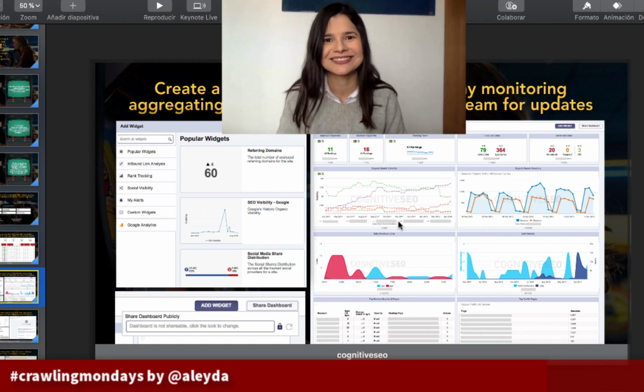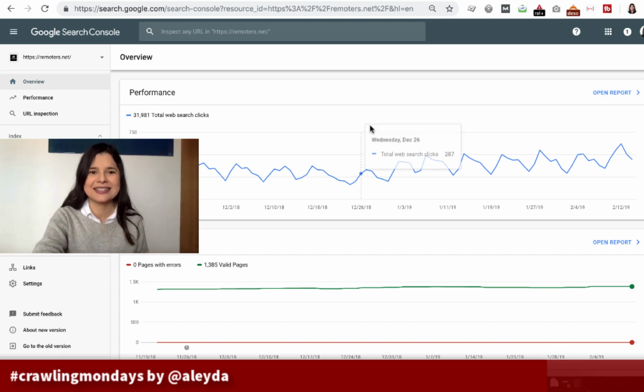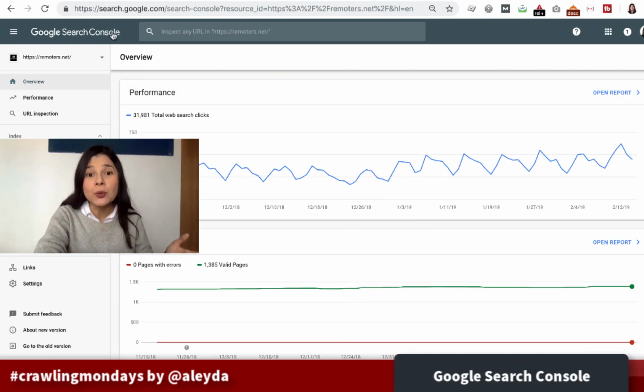Let's take a look. The most fundamental dashboard that we have, and a free one for our websites, and we should all have access to it, is the Google Search Console. Because if you take a look at it, you can see that it provides us, on the main page of the new version,